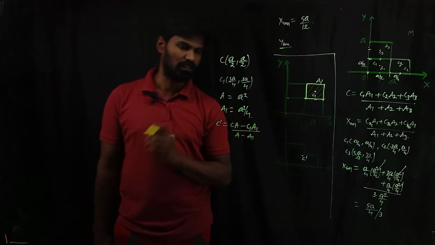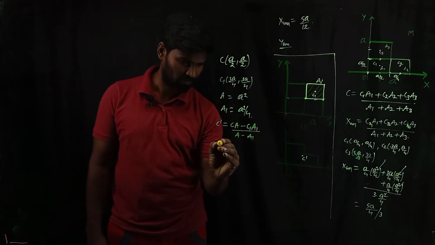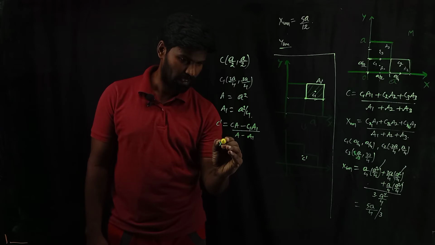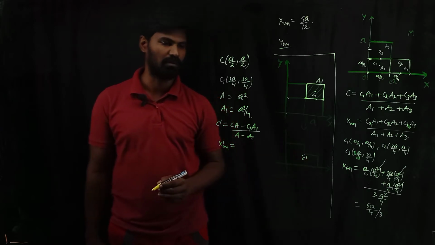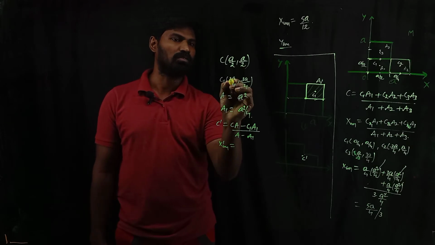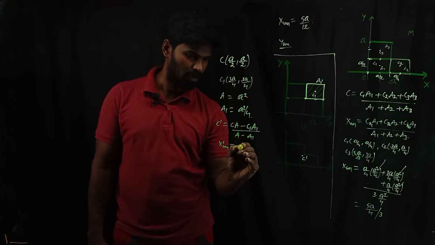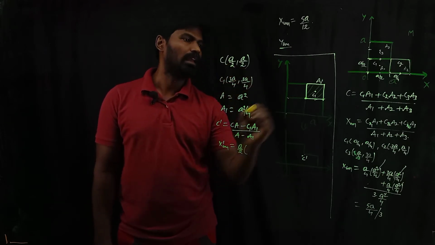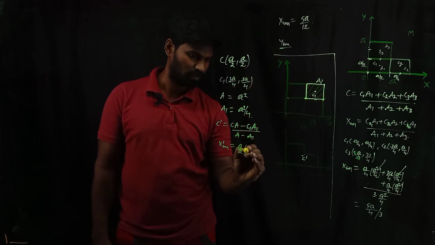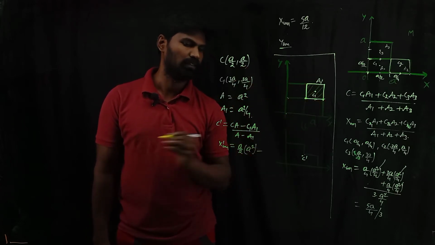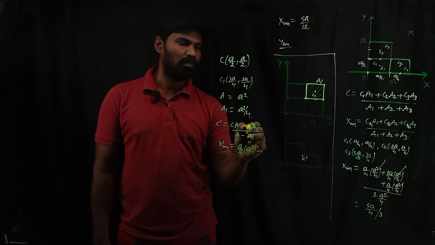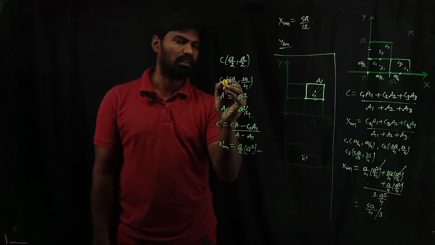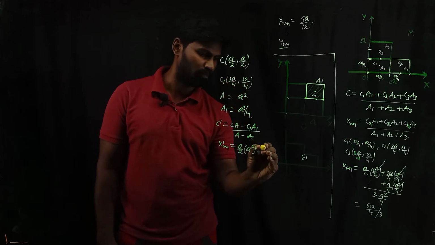So I am applying this to the situation. Actually, I want the x coordinate of the center of mass only. Therefore, x dash, that is the x coordinate of this C dash, is given by C, the x coordinate of C, which is a divided by 2, into the area of this plate, which is a square, minus C1, the x coordinate of C1, which is 3a divided by 4,